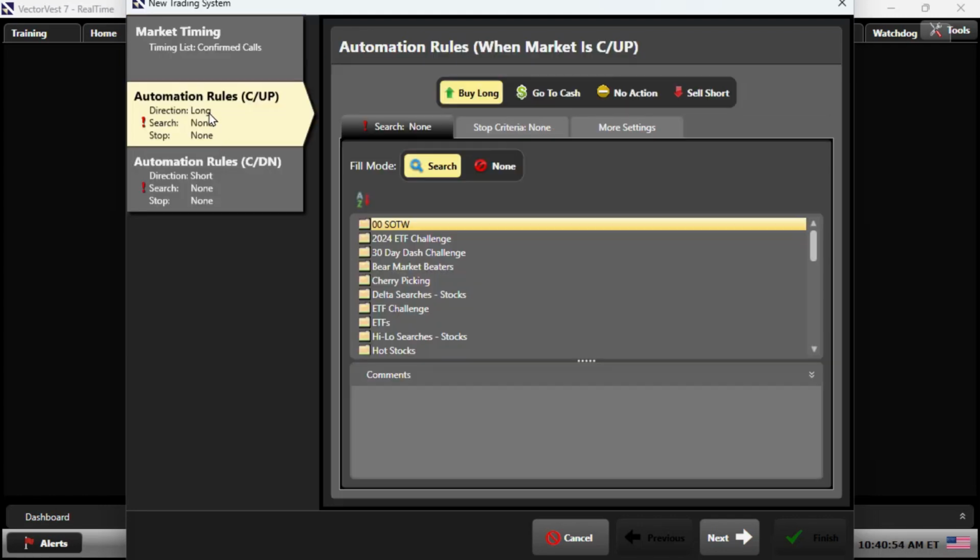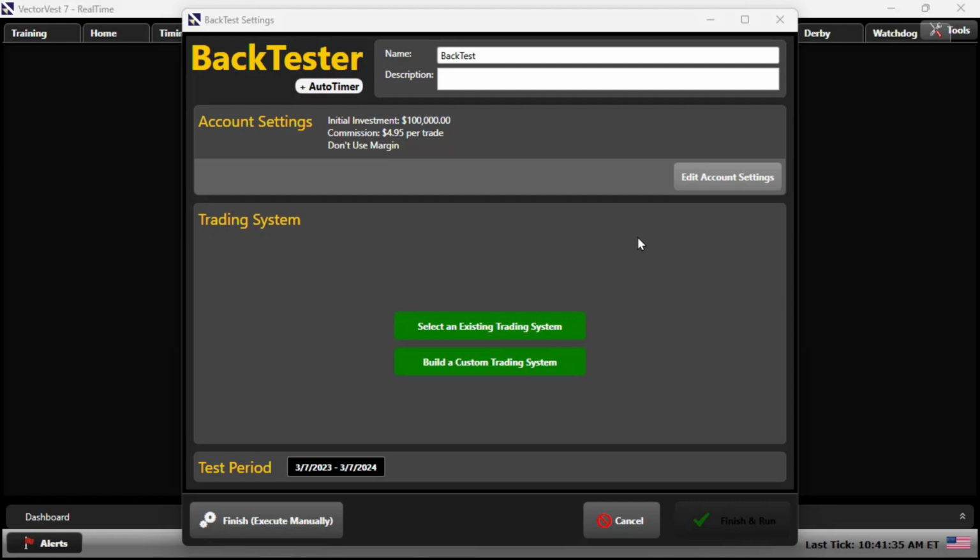Right? We get to automation rules. It's going to give us the ability to choose the search we want to use, add our stop criteria, and then the settings that are going to be involved here. What I want to do first is start with the account settings, where it says edit account settings. The first thing we're going to do is type in the search that we're going to use. I'm going to use best performing ETFs